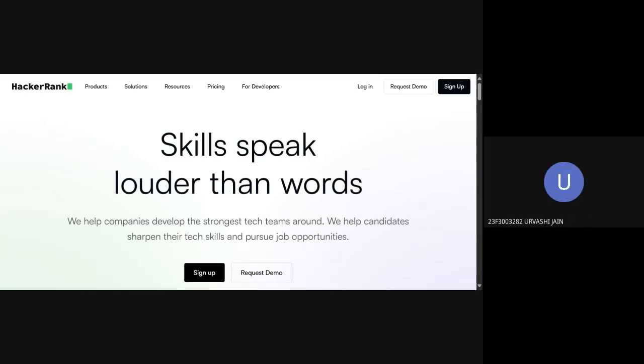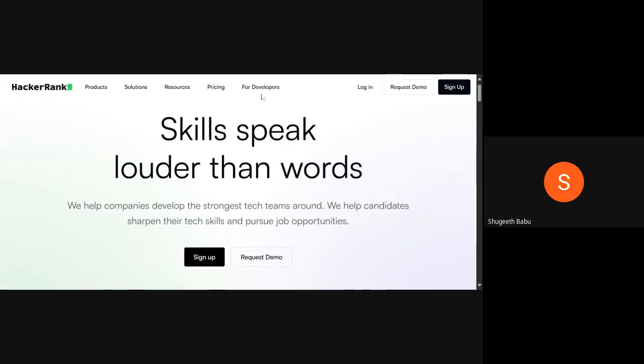Can you please paste the link of that group here? You haven't joined yet. We will be posting there. Swati, should we change our name to our original name, or do you want it to be our roll number? You have to sign up on HackerRank with your IITM mail ID, or you can change the username to your original name. Yeah, I have done that, logging in using the email ID.